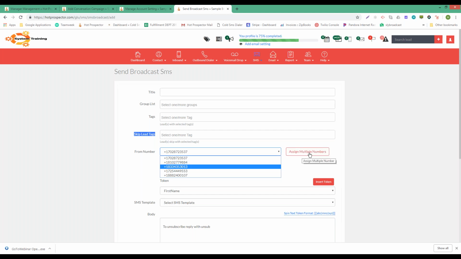But the way that assigning multiple numbers works is you can actually pick,